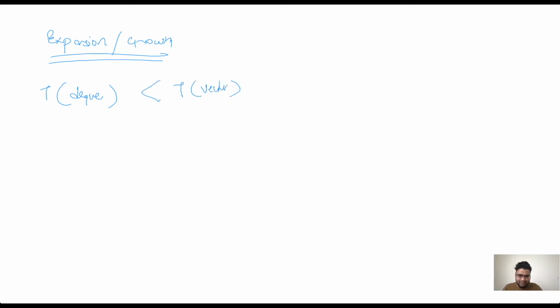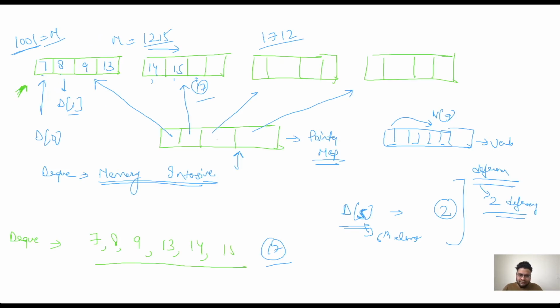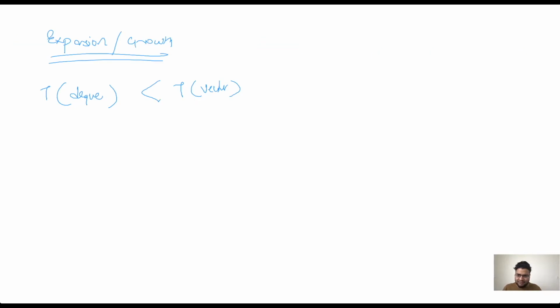Why is it so? If you remember, in vector we saw that whenever the size grows we have to remove all the elements and move them to a different memory location, right? Here we just need to add a separate block of 4 elements and point to it with a different pointer. So we don't need to copy all the elements and move them to a different location, whereas in vector, in the worst case, we have to move all the elements to an altogether new memory location. So that's why the time taken for expansion will be less in DQ than it is in vector, right? So that's about DQ.